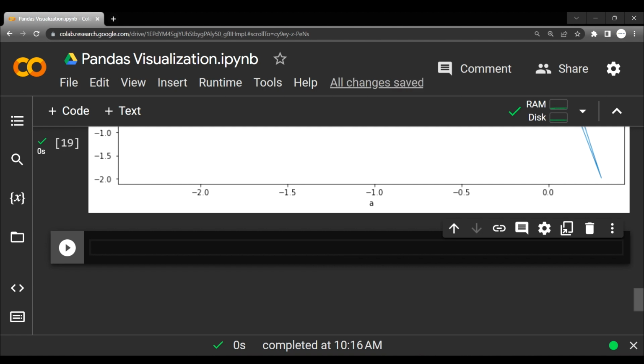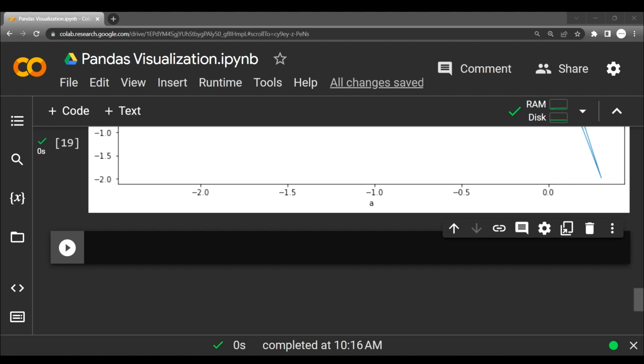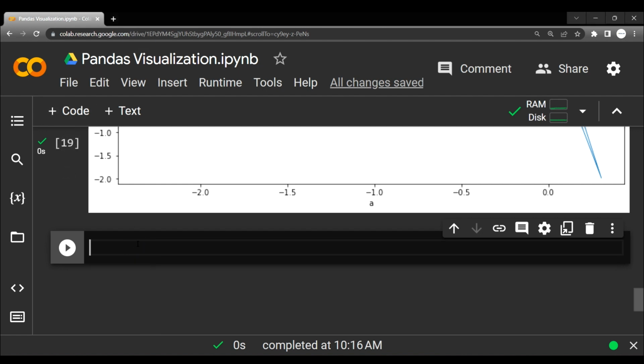Let's also finish with some other figures. I think there are 5 of them that we will look at, and the first one is the scatter plot. We have seen this before. So df1.plot.scatter, and it also accepts the x coordinate and the y coordinate. So if I say x is equal to c and y is equal to d,